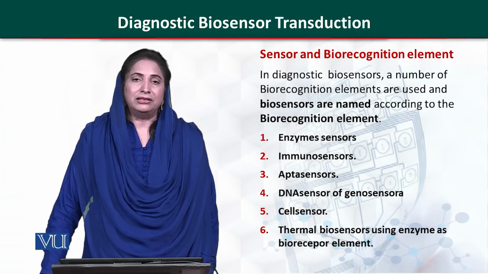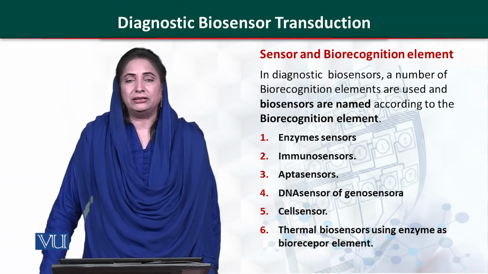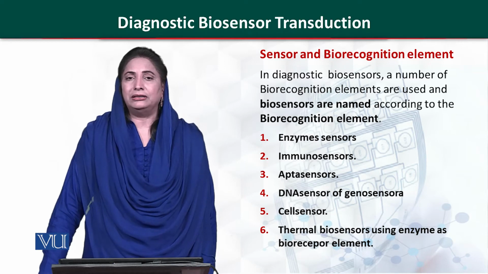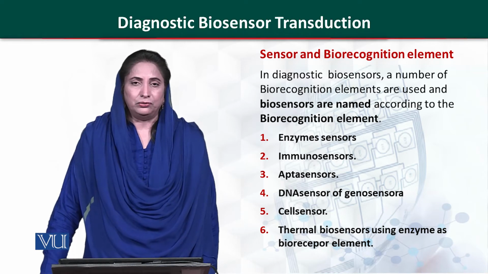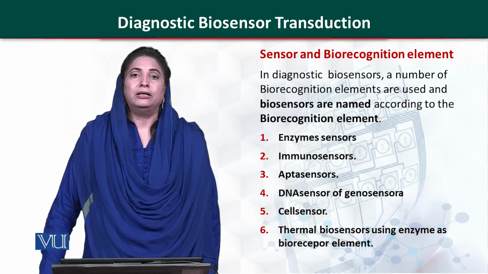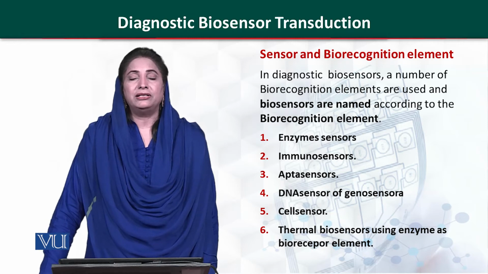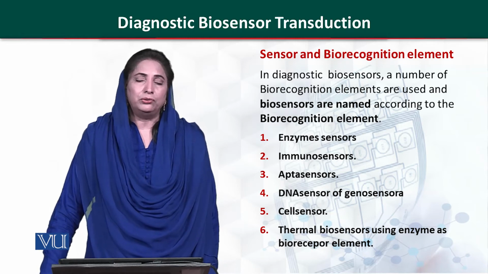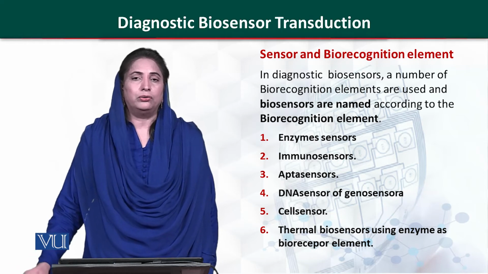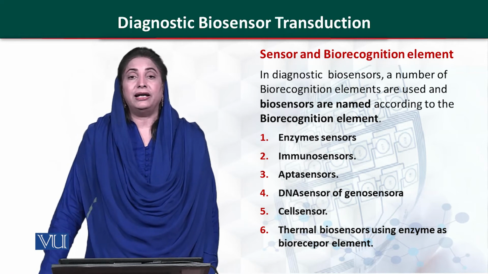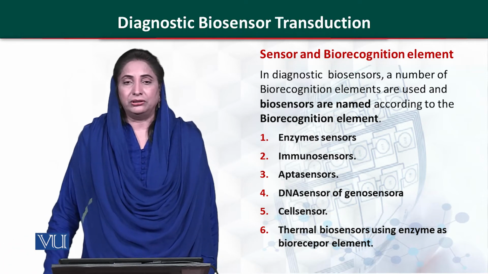As you have seen, in this biosensor, the bioreceptor, the target and the transducer are very close to each other. There are different types of diagnostic sensors, known by the name of the bioreceptor molecule, regardless of what transducing technique is used. For example, an enzyme sensor, in which an enzyme is used as the bioreceptor molecule. You can use any type of technique, that is amperometric, electrochemical, or optical. The sensor would be called an enzyme sensor. In an immunosensor, an antibody is used as the bioreceptor element, and you can use any type of transducing principle.